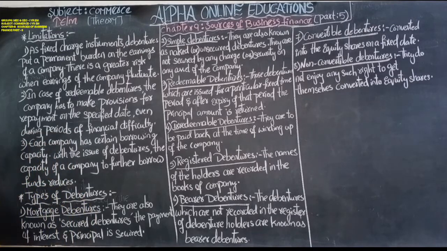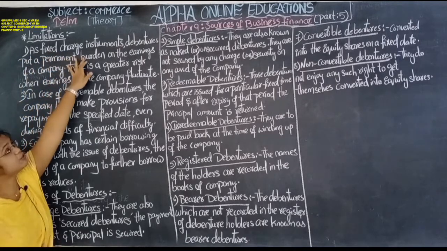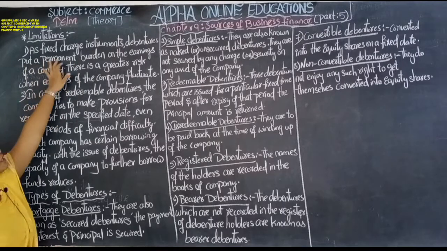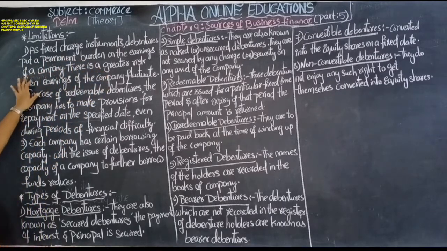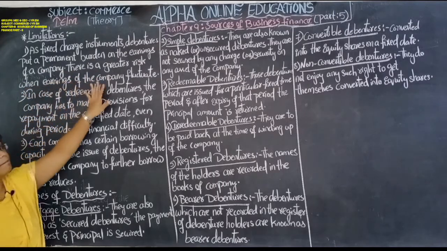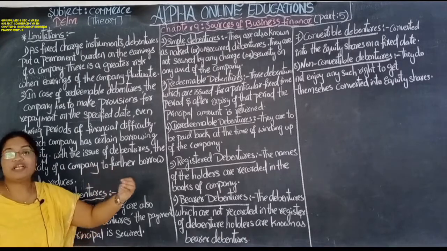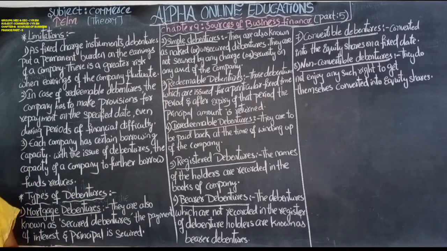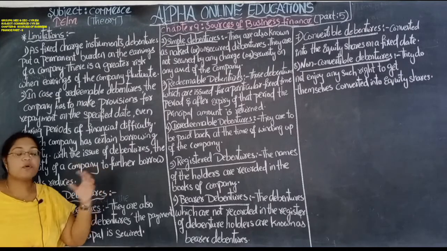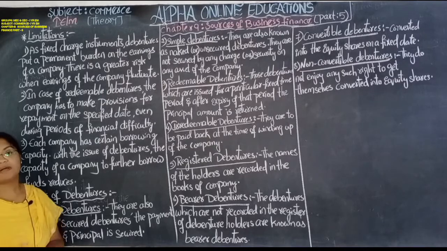Here we are going to discuss the limitations of debentures. The first limitation is that, as a fixed charge instrument, debentures put a permanent burden on the earnings of a company. There is a greater risk when the earnings of the company fluctuate. If there is a profit, then the company will give the fixed rate of interest to the debenture holder. If suppose there is a loss, then what is the situation of the company? How will the company bear such a fixed rate of interest